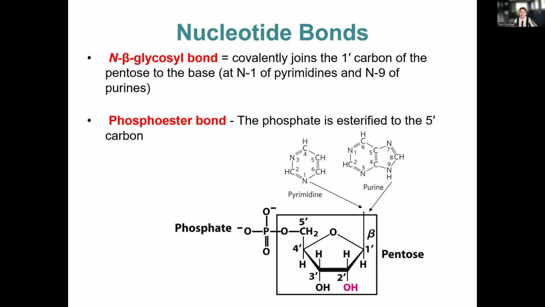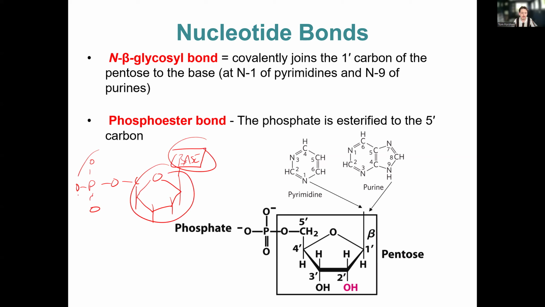So how do we put all of these together? You have, like I said, the base, and that goes down and attaches to the sugar, and then that goes and attaches to the phosphate. So you have part 1, part 2, part 3. How do these all join together? Individually, first of all, the base, pyrimidine or purine,